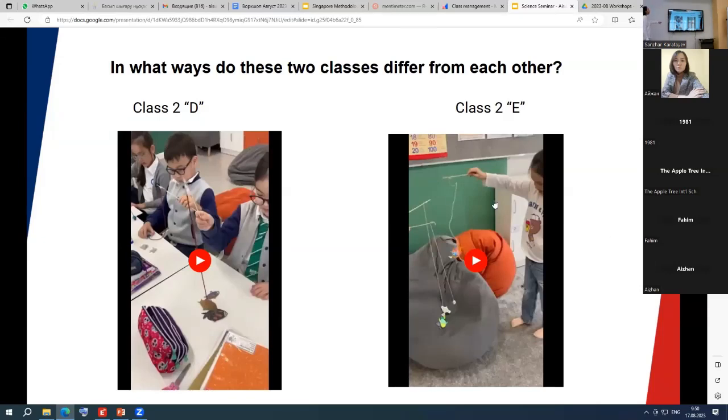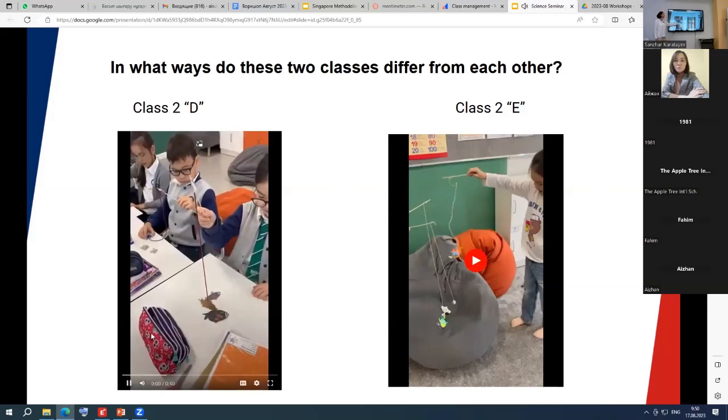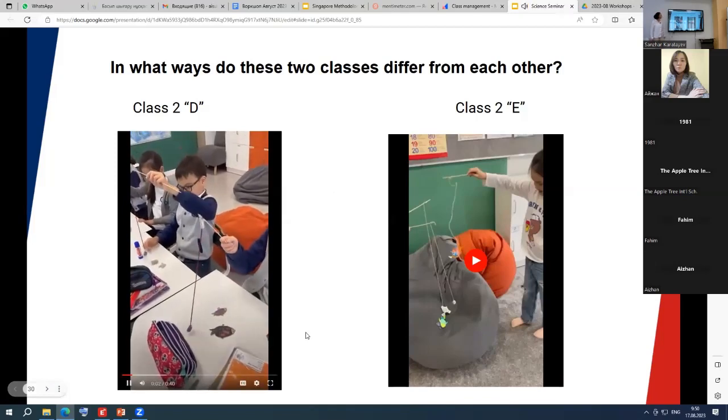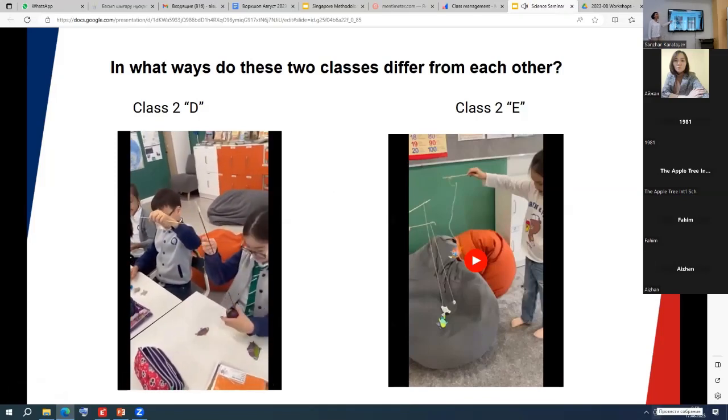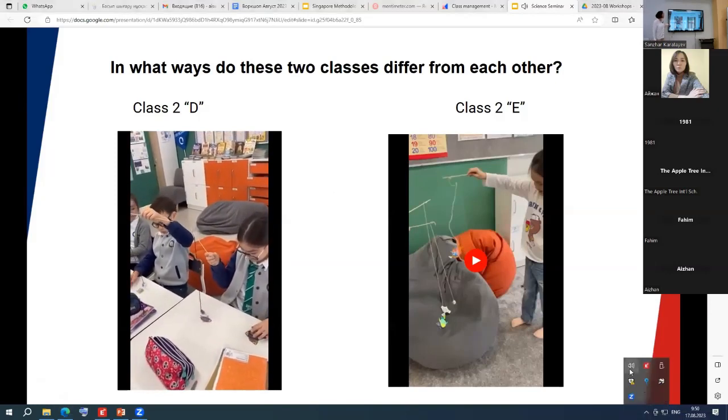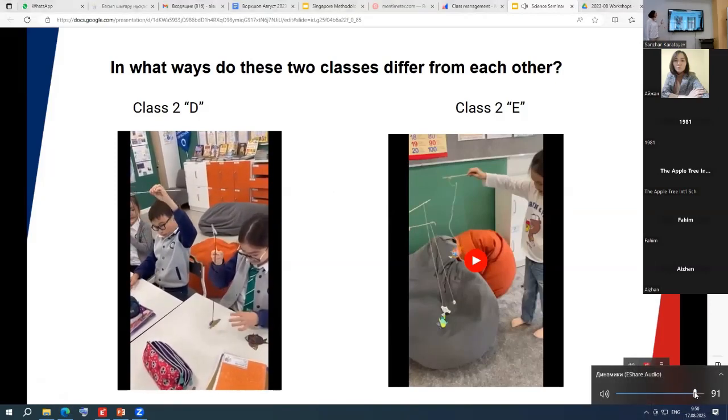So now I would like you to compare these two classes. This class you already saw, yes? So remember this class, how they are doing. They're sitting on their desk and